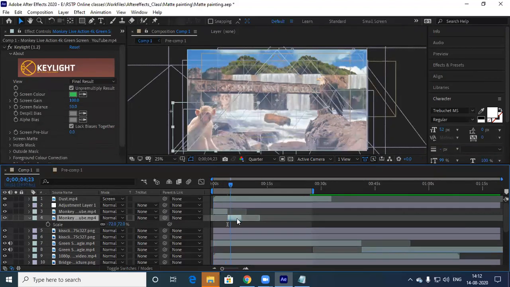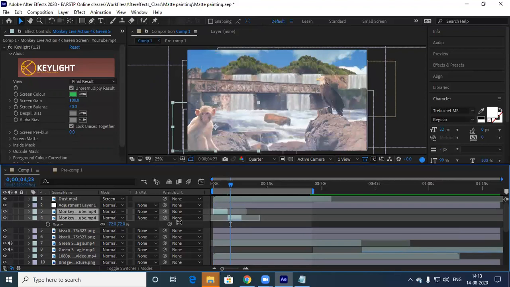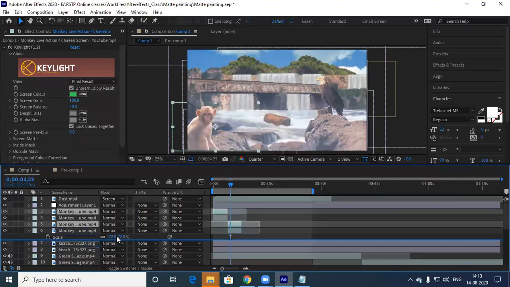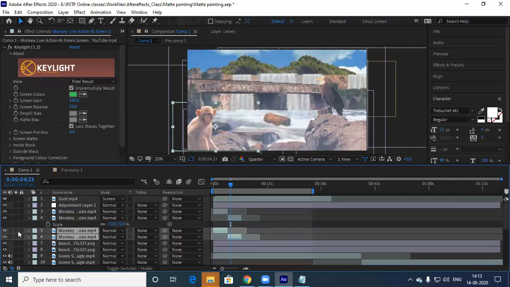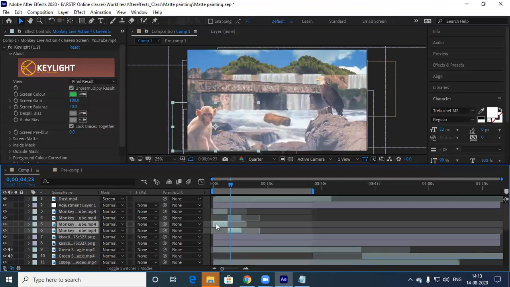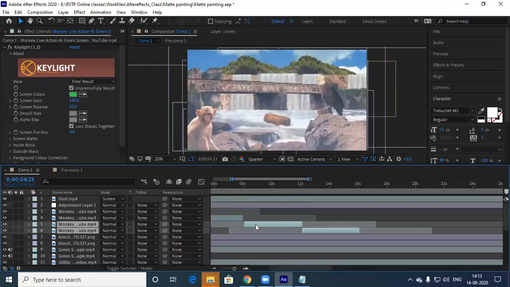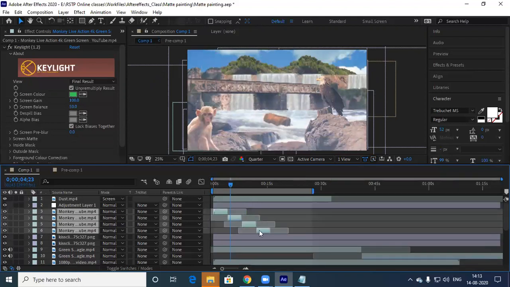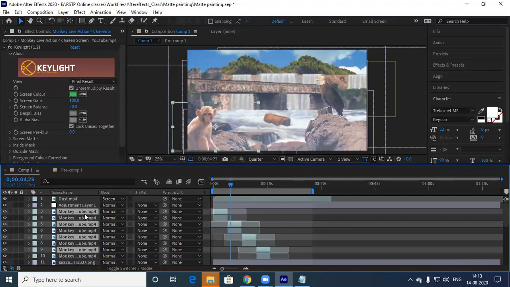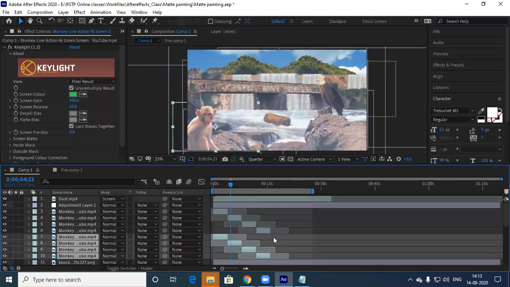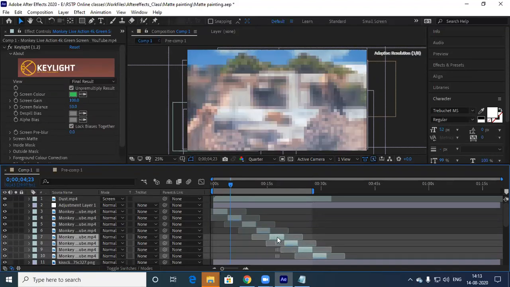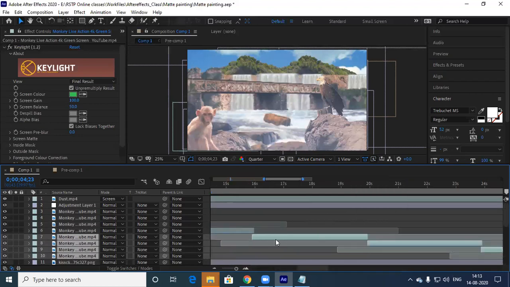Now I need to select both of these and duplicate them, bring this down, take this, select this entire thing, duplicate, and place it like this. So now there is a continuation.